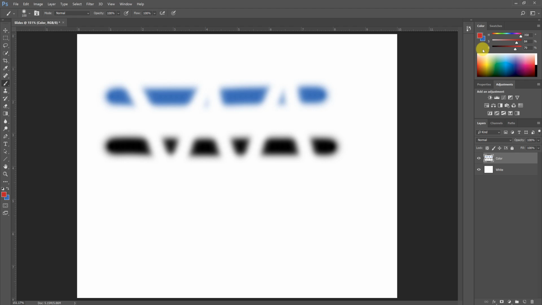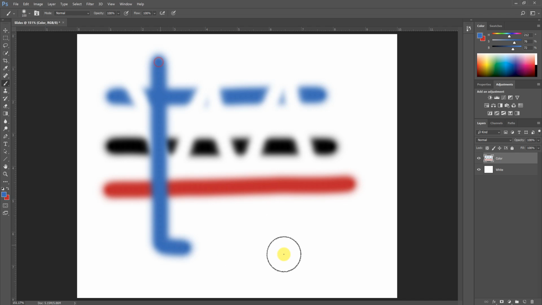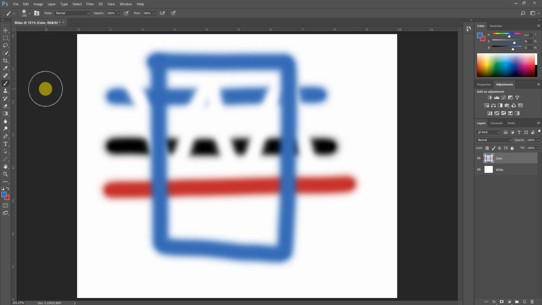If you know you're just going to be displaying things in a digital format, in a screen-based format, it's okay to ignore that warning. But now I can click and draw a red line, and I can swap back to my original blue color since it was still there loaded in the background by hitting my X key, and I can paint with that